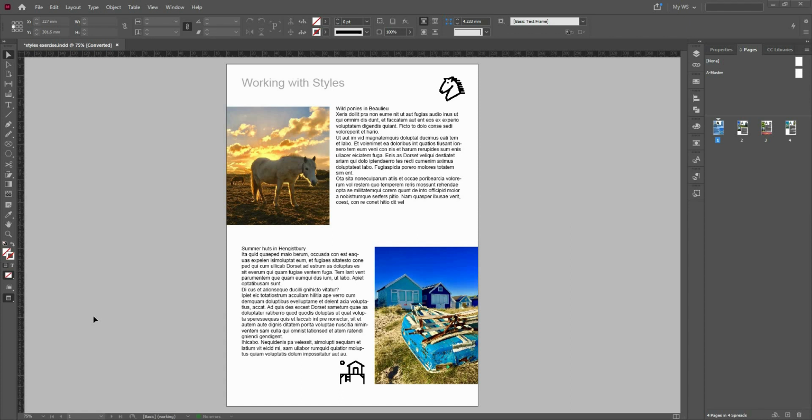So first of all, we would like to have this styles exercise. I have 4 pages here prepared with some images and icons that we can work with, and you can imagine this to be a catalog about this destination, showing the different sites and things to do. But of course, the copy here is still just placeholder text, and the only thing that I added myself are the headings,